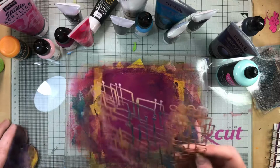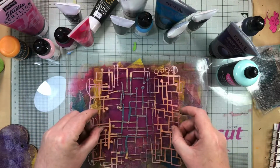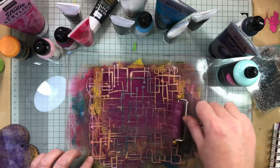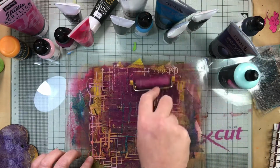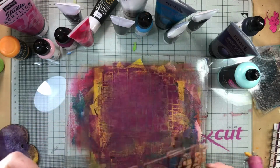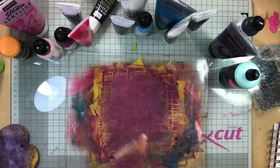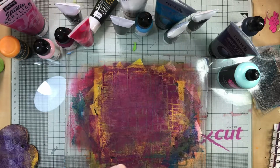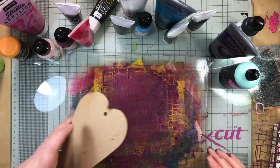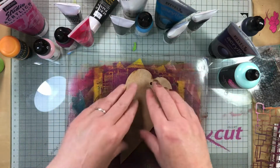Now this time what I'm going to do is use my stencil because we've got a few layers on. So I'm going to put my stencil on and I'm just going to brayer over the top of it. So that's going to make sure that I get a good image. Now what I would normally do is spritz that and then run it off onto my journal page, but I'm not going to do that today just because I'm on video. So pop this in